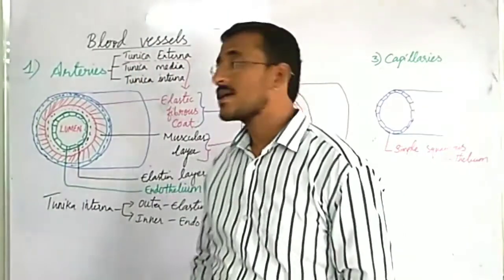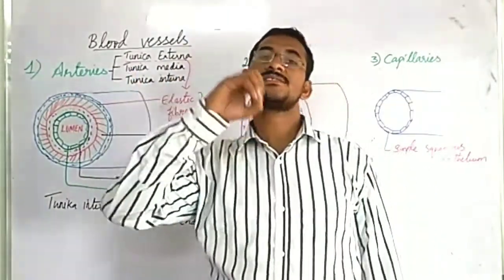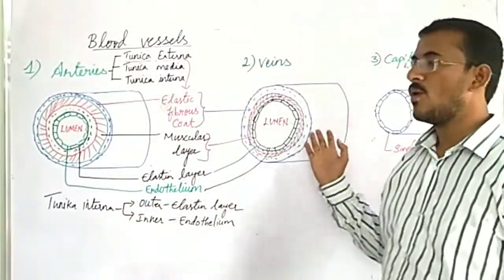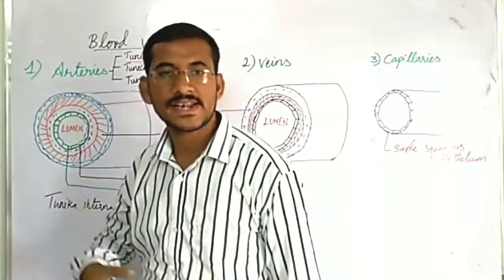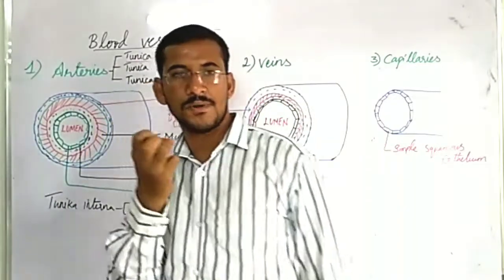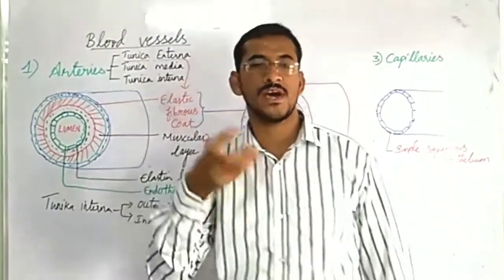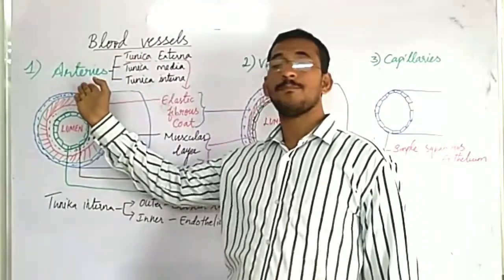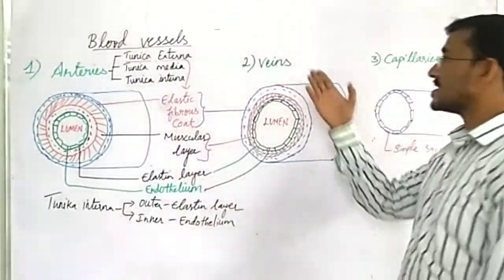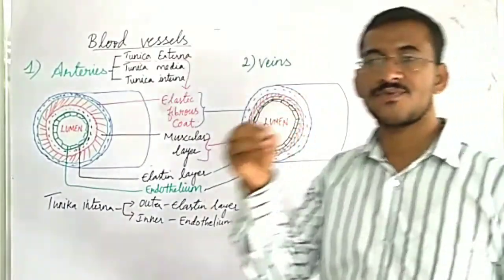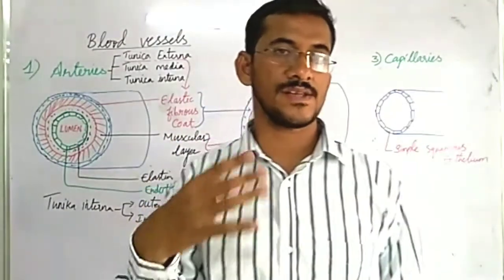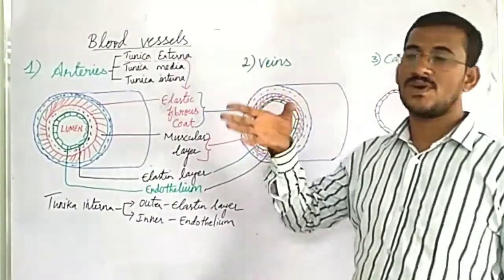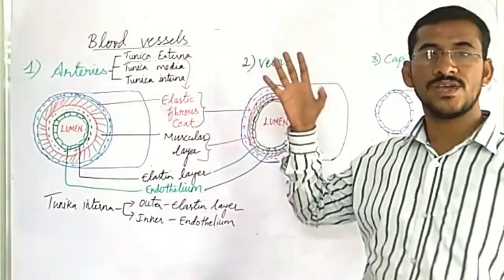In arteries, pressure is high. In veins, the blood pressure is low. Why? Because when the heart pumps, the blood immediately flows with pressure into the aorta, then arteries. That's why here pressure is high. Whereas in veins, it slowly collects deoxygenated blood from all the cells and carries it. That's why here pressure is very low.